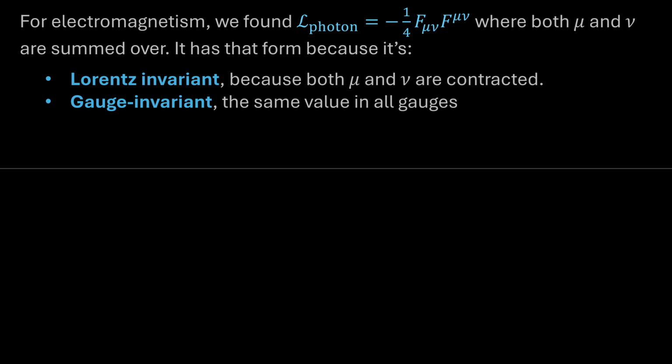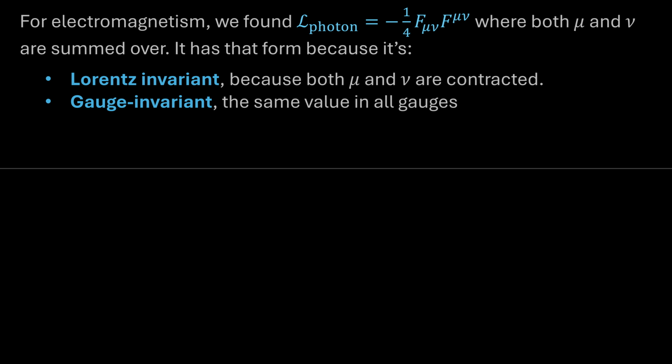And when it comes to electromagnetism, that's actually kind of a trivial result because all the components of F_μν remain the same in all gauges. Now, for QCD, it's a little more tricky because from one gauge to another, F_μν undergoes an adjoint transformation. That is the UU† sandwich, where it reorients itself in color space. And so in a moment, we'll have to put in a little bit of work to prove that our gluon Lagrangian term is actually gauge invariant.